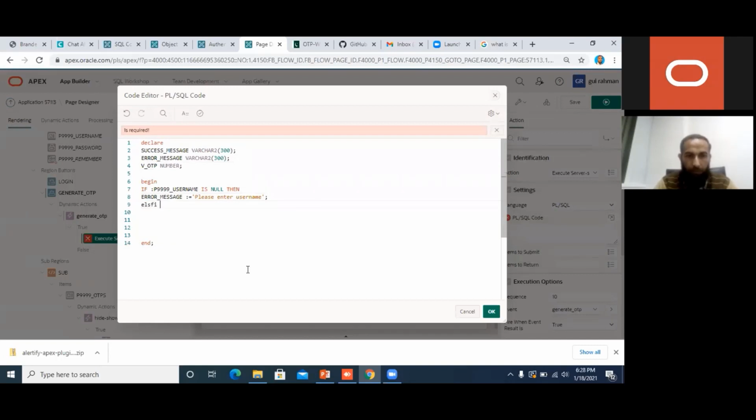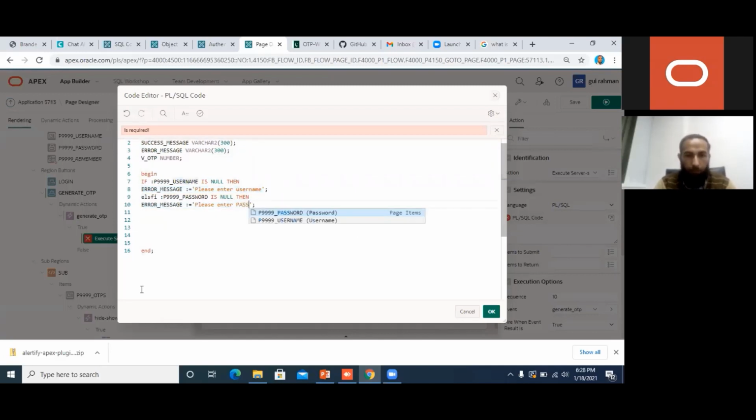Else if password, I'm checking password. If password is null, then error message could be: Please enter password. Else